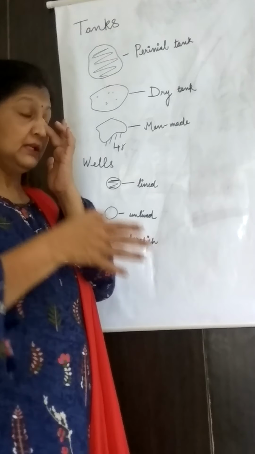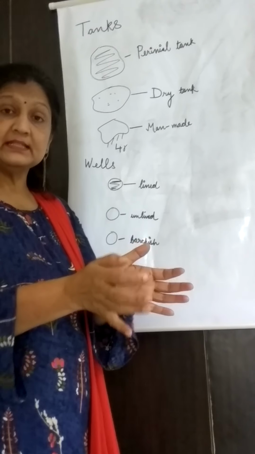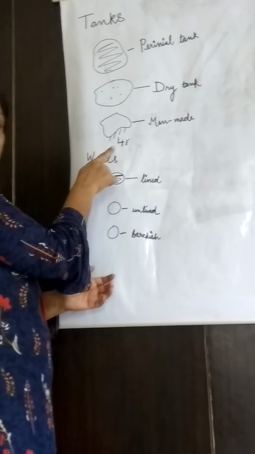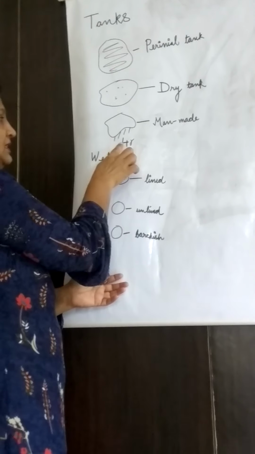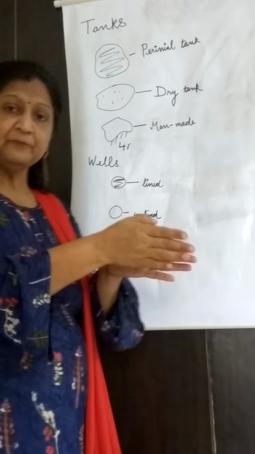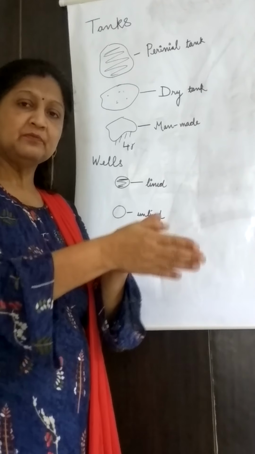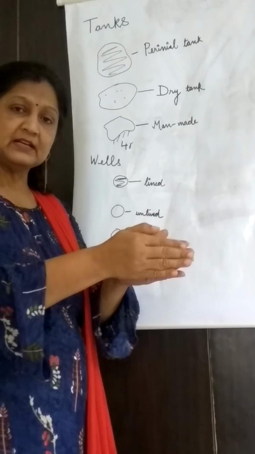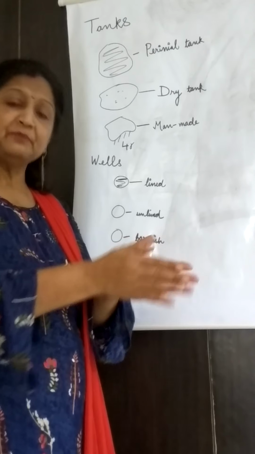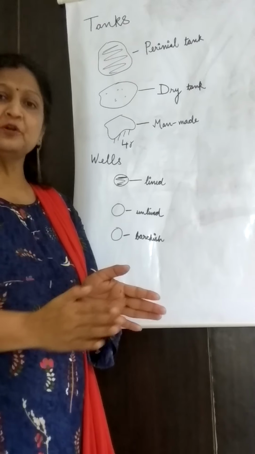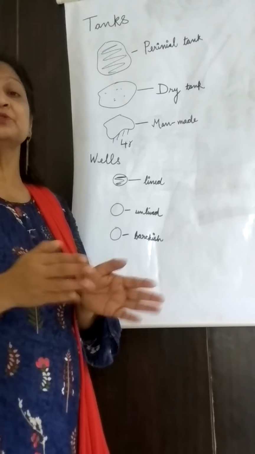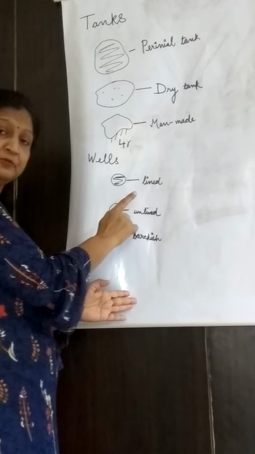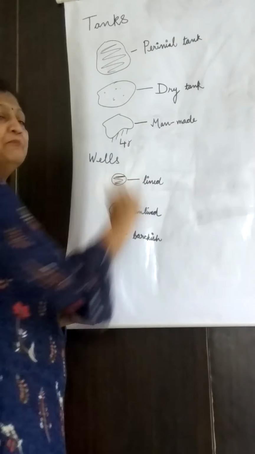And what does this 4R mean? Because the tank was made by human beings, when the water was collected in the tank, maybe this particular region had a slope and the water was flowing into this region. So what is done there, either with cement or mud or sand, one embankment was made so that the water should not flow away from that region. Because it was written 4R, an embankment was there, so that tank was a man-made tank.